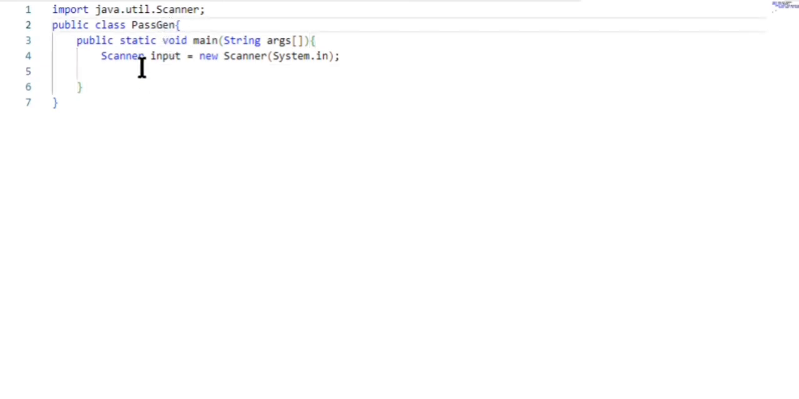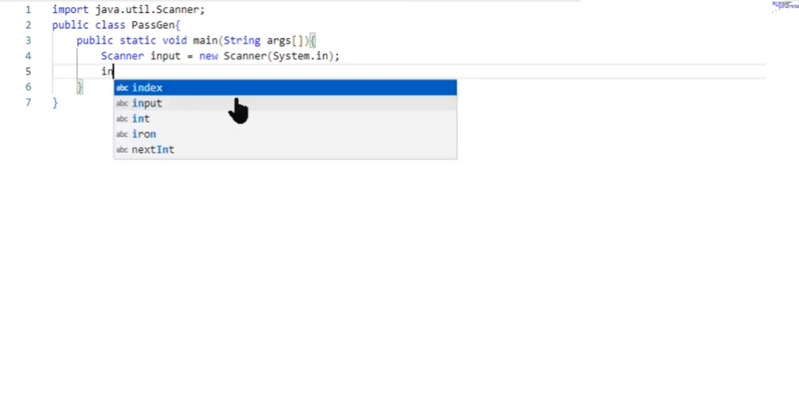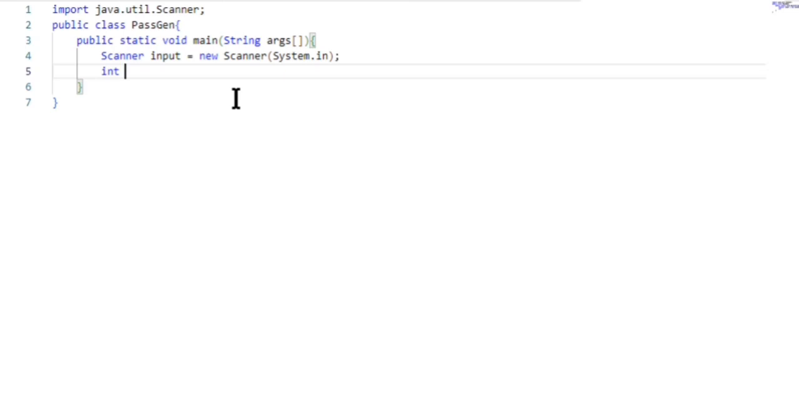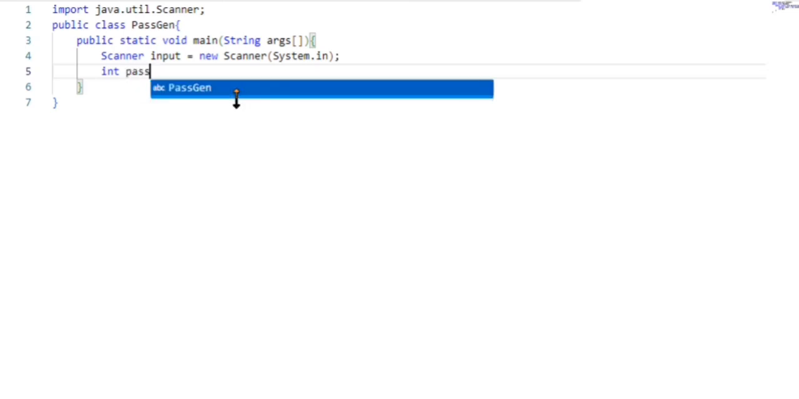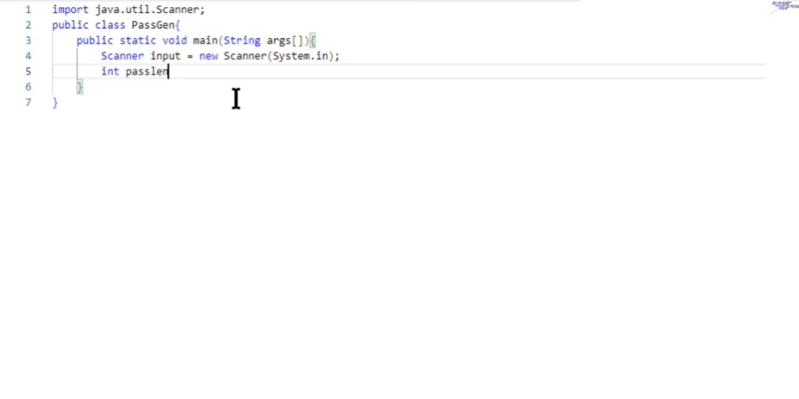First, let's initialize the length of a password. We have to find the length of a password. So int, let's give any variable name, say passLength, and give it any value, 8 or something. Now we have to initialize many components. As I said earlier, a password contains uppercase, lowercase,